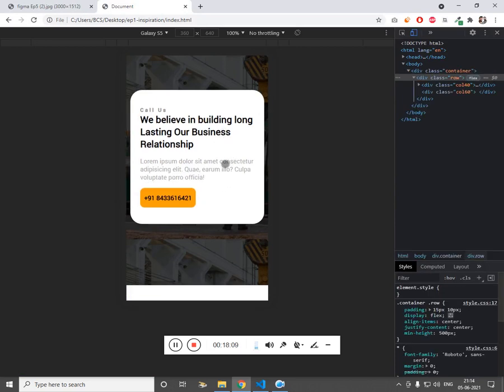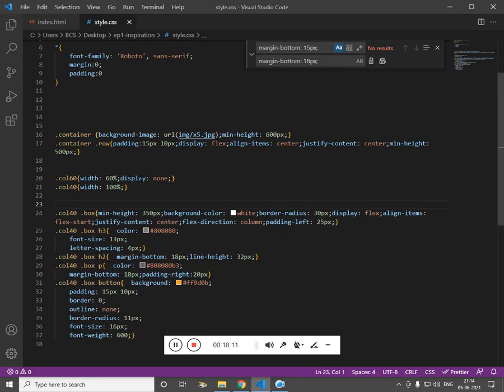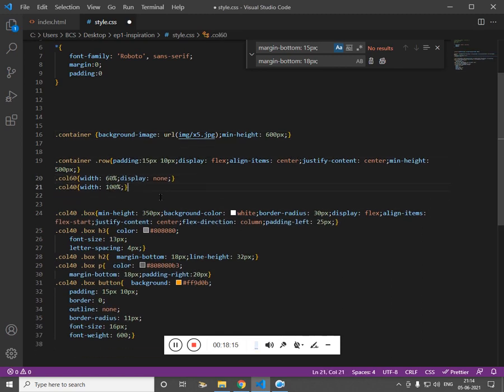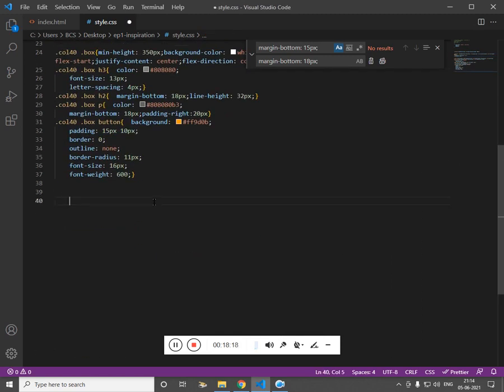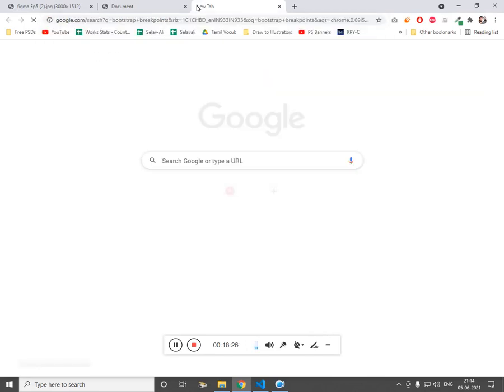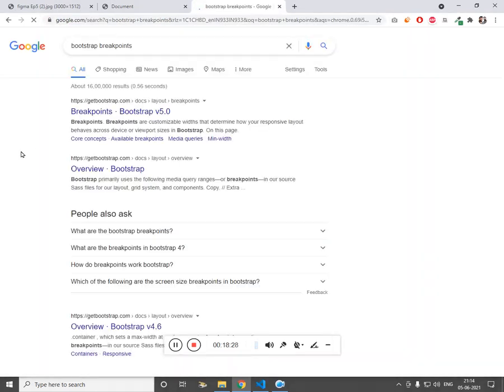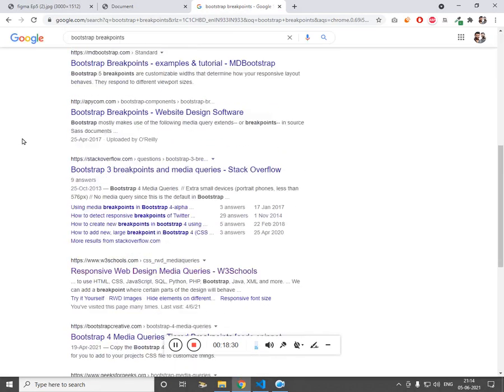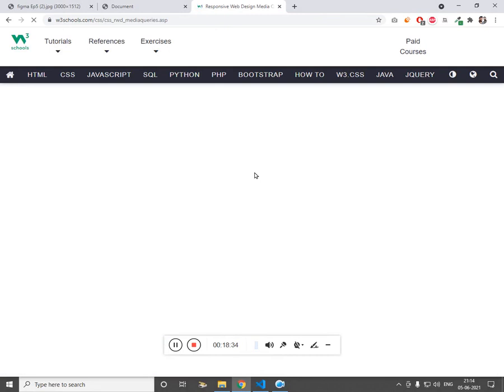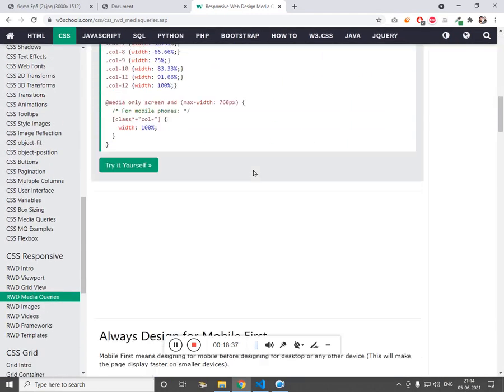Now let's work on the tablet. @media. So if you search Bootstrap breakpoint, let's get into the W3 School, which has some clear concepts. So we are not going to write media query for mobile because, as I said, it is going to be mobile first.